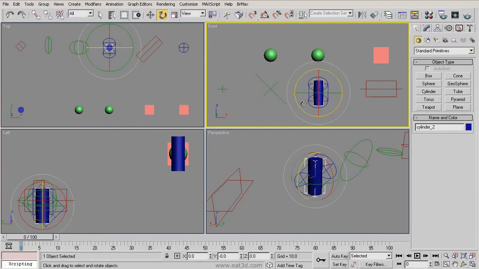Now, looking at the different views, let's see what we have here. On the top, we can't really tell what the angle is. Can't really tell in the front. On the side, we know that it's in here, but we're really not sure which object it is. So we can use a couple methods to try to get a better idea of where our guide is, or where our cylinder is in this scene. One way is to select the guide. If we left click on the guide, you can see it puts a white border around the object. Now in the left view here,